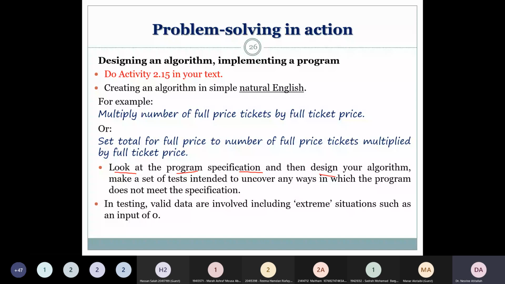What does it mean, design your algorithm? Write your step-by-step instructions, okay? Make your problem as clear as you can, okay? And after that, make a set of tests intended to uncover any ways in which the program does not meet